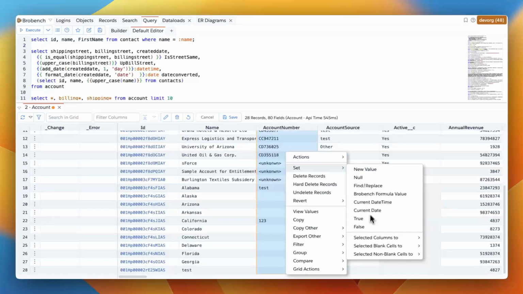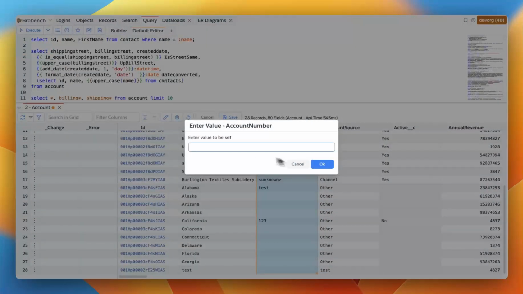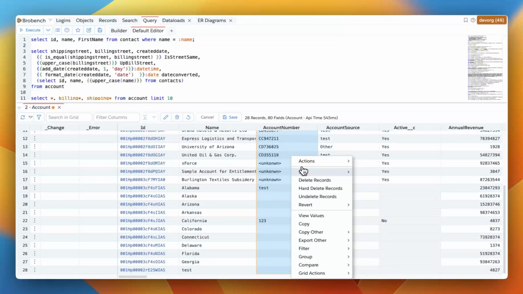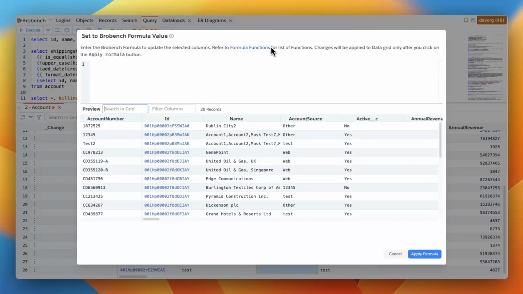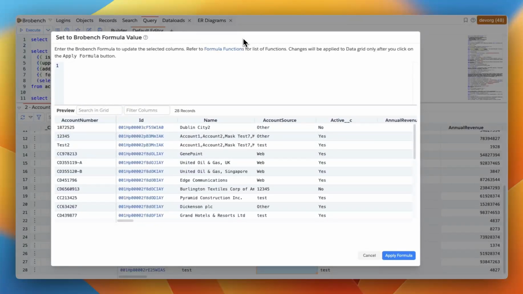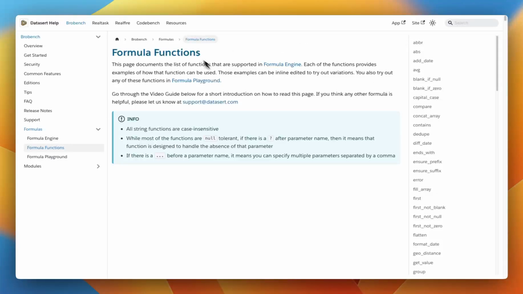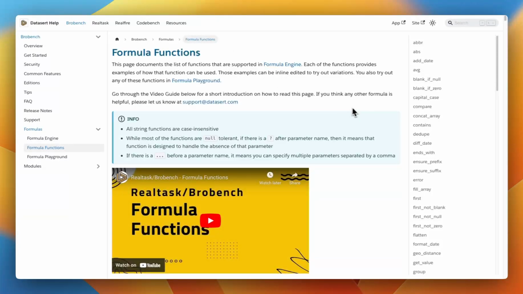We have a lot of other ways to set the values. For example, new value, you can just set to some value. And one of the options as part of that is a Brobench formula value. When you click on that, it will bring up this particular dialog. That dialog shows some text on how to enter, and a link to the formula functions, so that you can click on it, and that will bring up all the various formula functions that we have as part of the